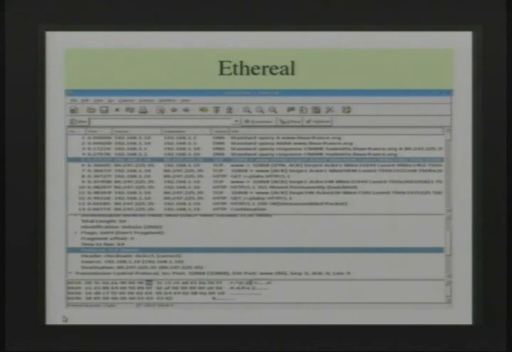So this is a screenshot of Ethereal. So you have the source, destination, what kind of traffic is happening here, and if you follow what kind of traffic is happening here through many of the various sorts, it allows you to sort through the